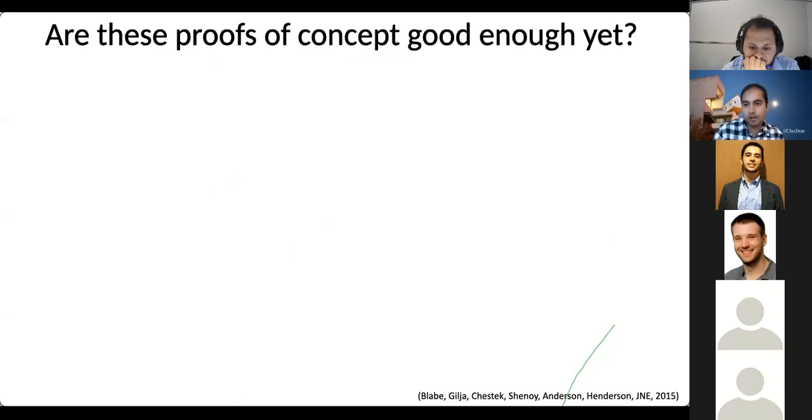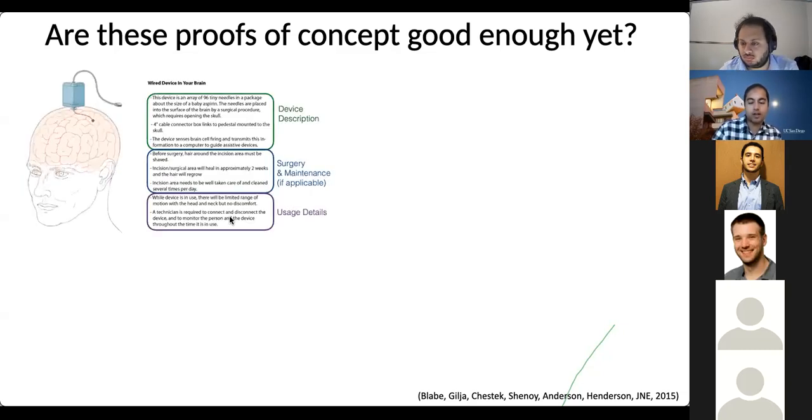As we're developing proof of concept for brain-machine interfaces, I think it's important to pause and ask, where are we relative to the needs of the patient population that they're targeting? Back in 2015, we actually ran a survey of individuals with tetraplegia. In this survey, we took a look at current implant technologies. We worked with a medical illustrator to develop illustrations of what the implant would look like, and then we summarized what it would be like to have that device implanted and to use that device